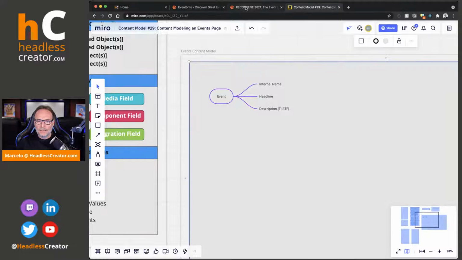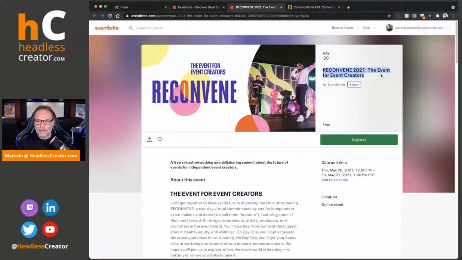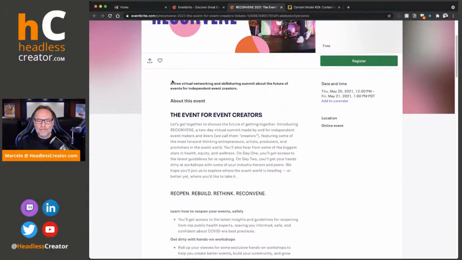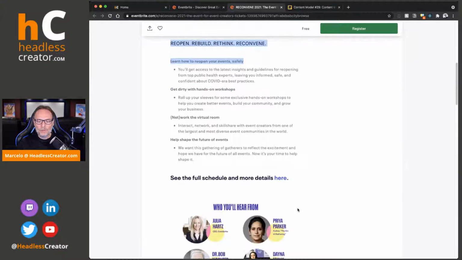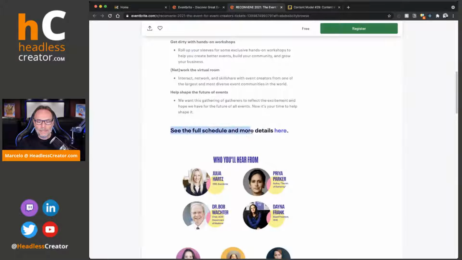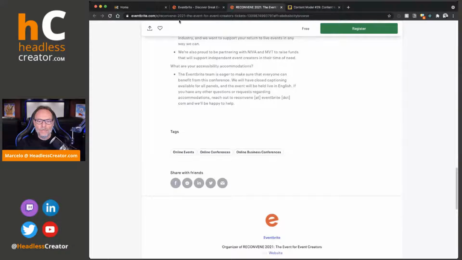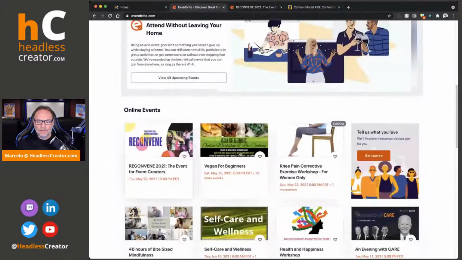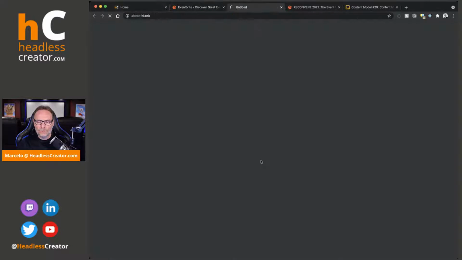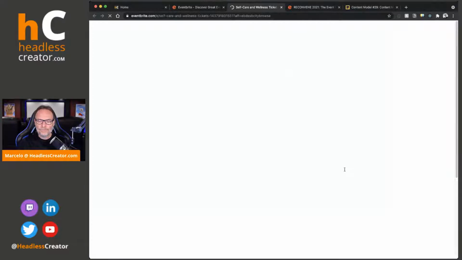If we go back, we have the headline. We have an RTF right here. That's for them to be able to write whatever they want. See, they can go ahead and write whatever they want there. They can add images. They can put an FAQ. You'll notice that every event will be different. So if we do this one, for example,